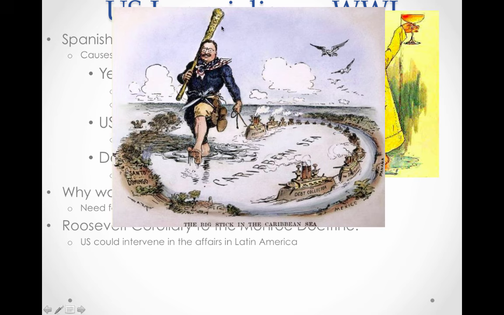So we see Teddy Roosevelt here pulling this brand new steel navy, and he's carrying his big stick here, and the big stick policy was speak softly and carry a big stick. Try to work out things diplomatically, but if necessary, use the military. And the U.S. becomes a police power in Latin America. Very important to know, U.S. becomes a police power and the presence increases in Latin America.